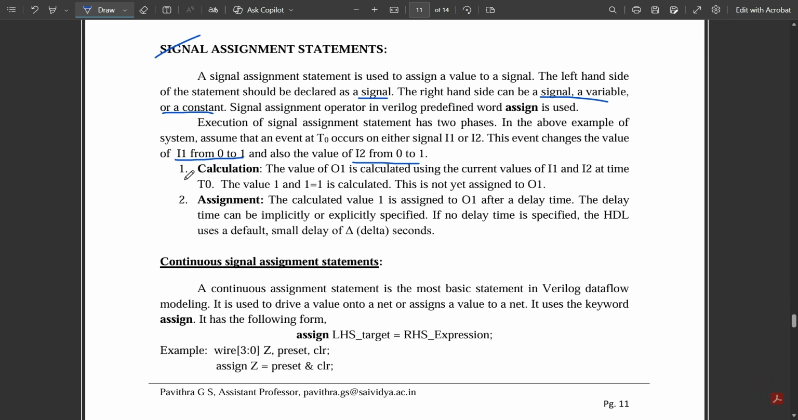So, the calculation part and assignment part. In the calculation part, the value of the output O1 is calculated using the current values of I1 and I2. Current values indicate whatever value is to be given to that output O1, which is already mentioned in the program. So those are the current values at time T0. The value 1 and 1 equal to 1 is calculated. This is not assigned to O1. Next is the assignment. The calculated value 1 is assigned to O1 only after